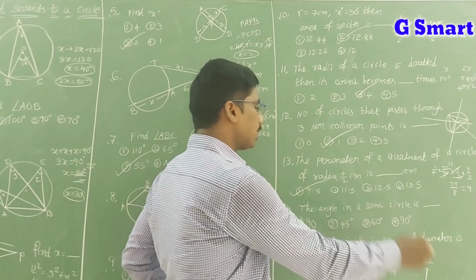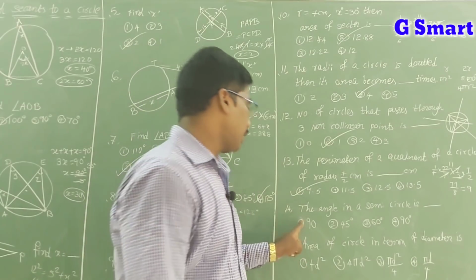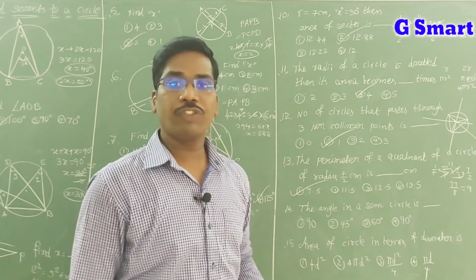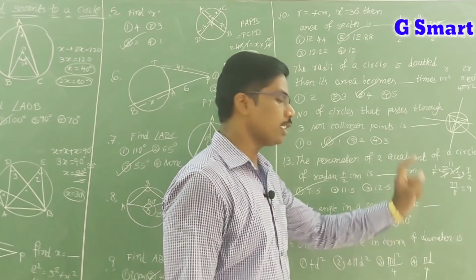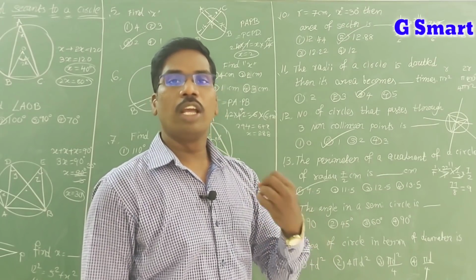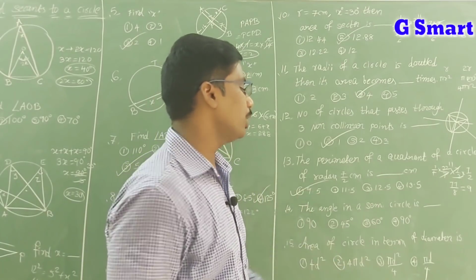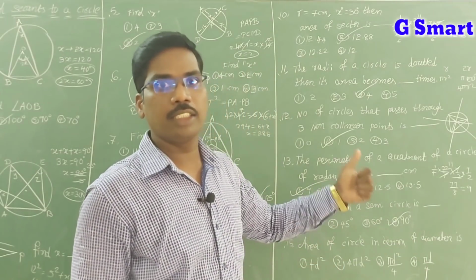Next, the angle in a semicircle is 90 degrees everywhere. The first option 90 is there. If you keep 90 as the first option, that is wrong, because 90 degrees is there again as the fourth option. After completing the exam, you should not think before completing the exam; only you have to see the 4 options. So this is the fourth option. Don't think. 90 degrees is the answer.